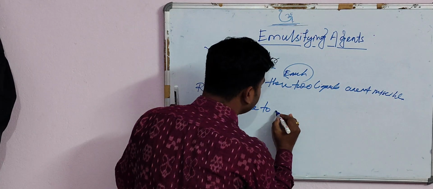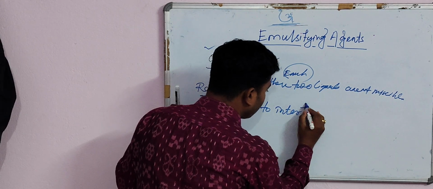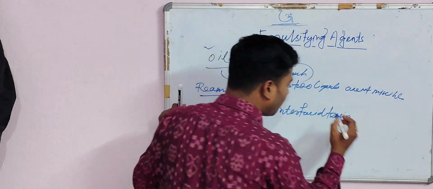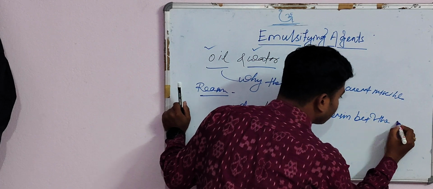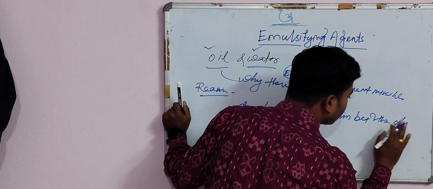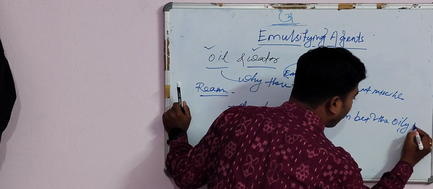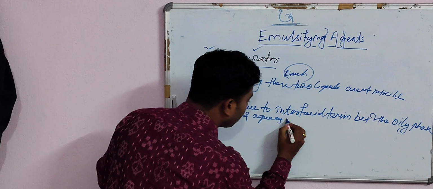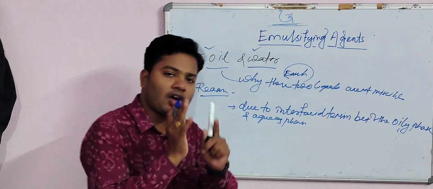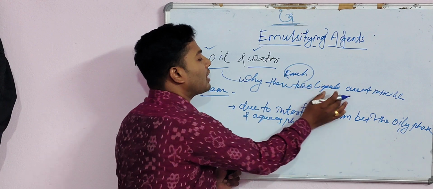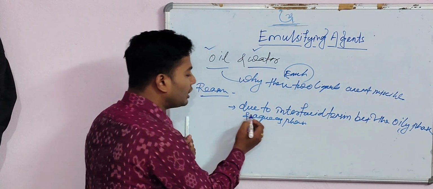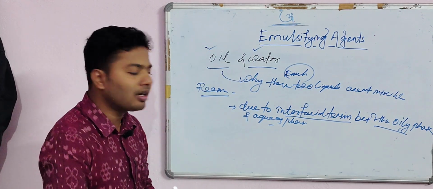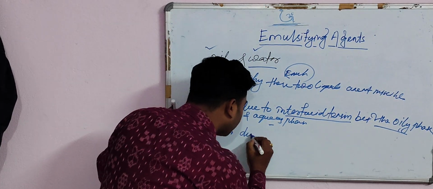due to interfacial tension between the oily phase and aqueous phase. Okay, so the first reason why these two liquids are not miscible with each other is interfacial tension between the oily phase and aqueous phase. Clear? And the second reason is due to